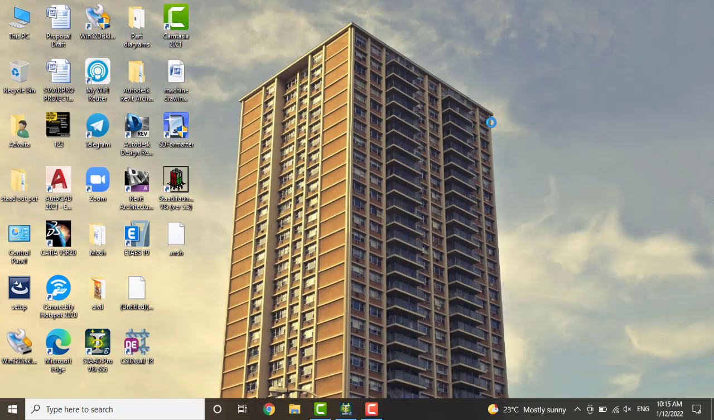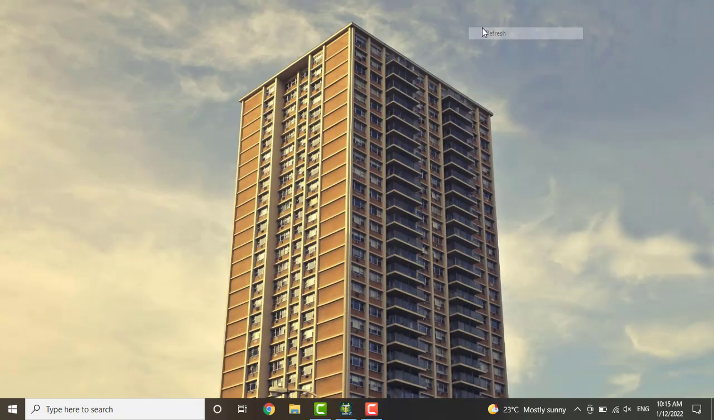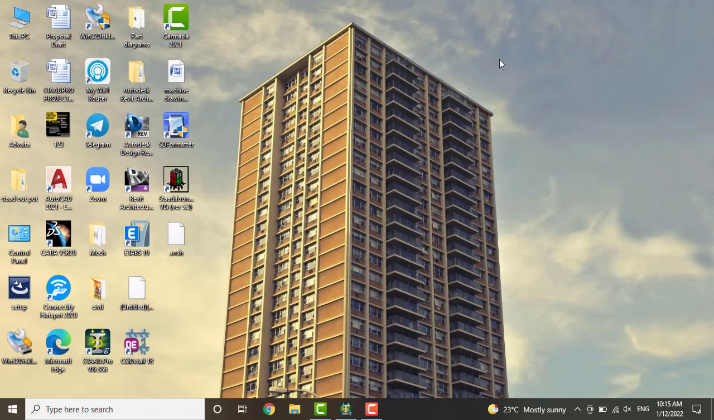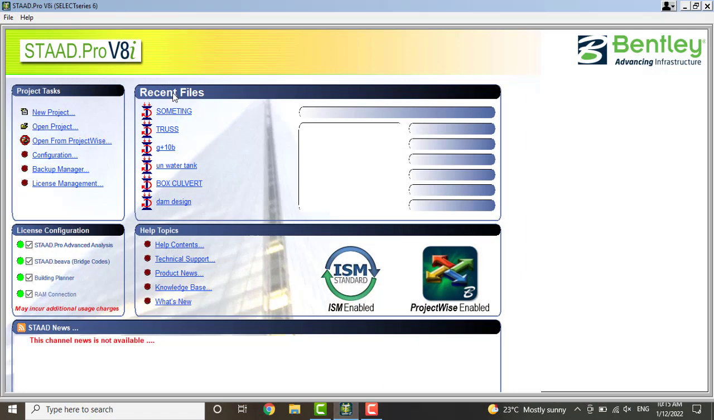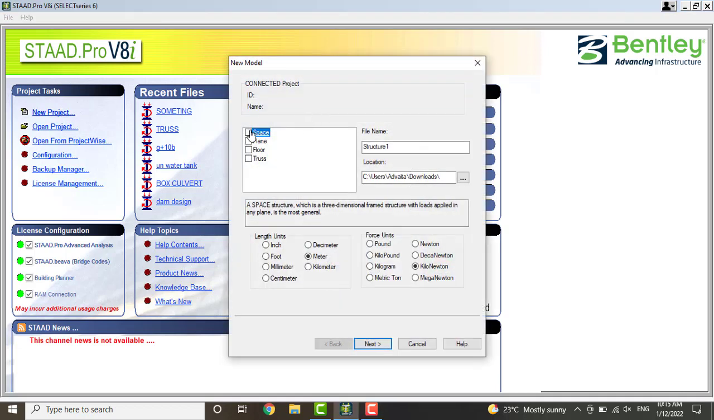Hello guys, so today we're going to see how to design an RCC bridge in our STAAD.Pro software. So let's get into our software. After opening our software, select new project, click on space, give the structure name as